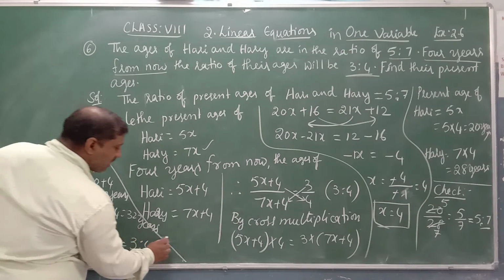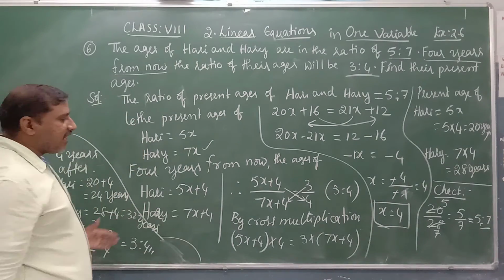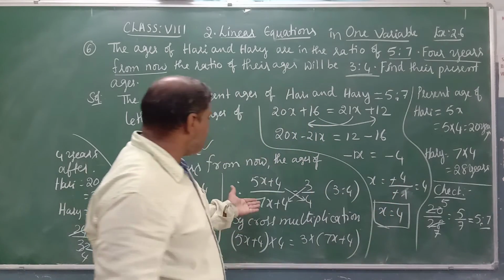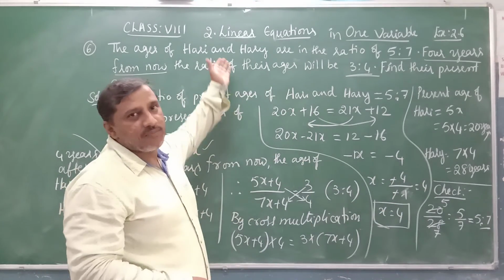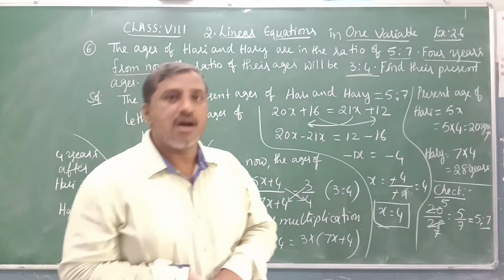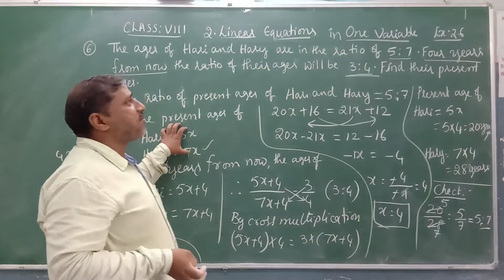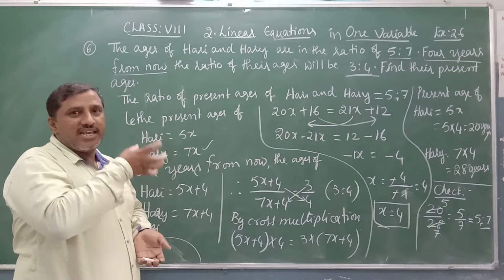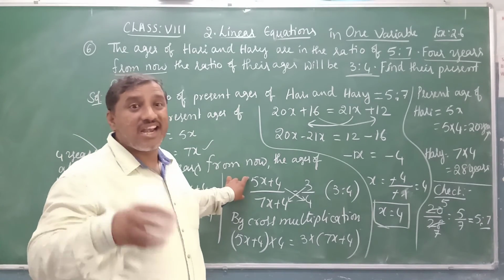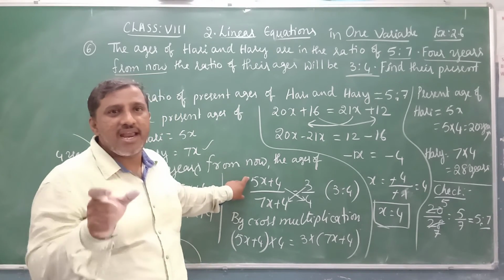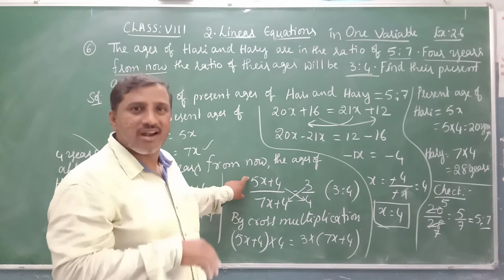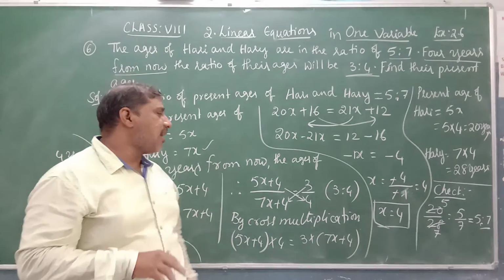Like this we will check our result. Or even you can substitute this x value in the equation which we framed from the word problem, and cross verify our result. So this is the application part of linear equations. Here we are taking equations which are not in the linear form and reducing them to the linear form by cross multiplication. Then we use, as usual, our transposition method to solve the equation.